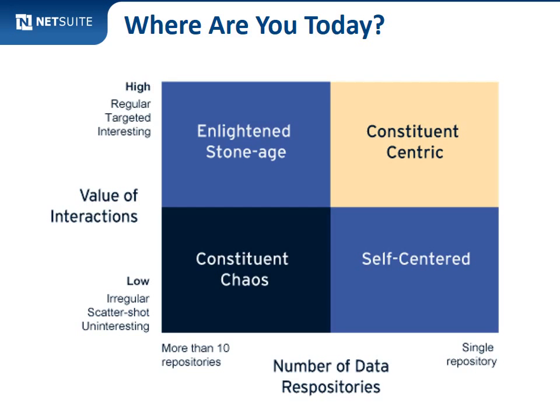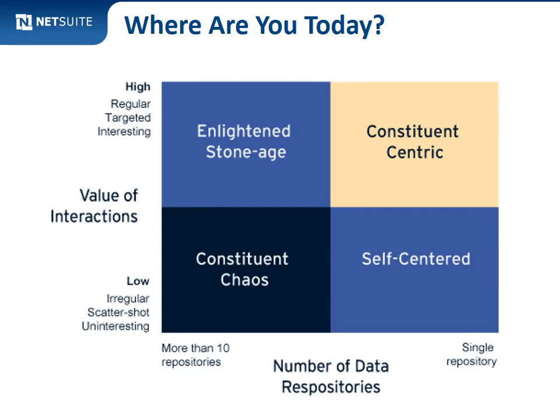The bottom axis is the number of data repositories. Most organizations have Post-it notes and spreadsheets and databases and all kinds of different things. So if you have a lot of repositories, you're on the left side. If you've actually consolidated into the holy grail of a single place where all your information is, then you're on the right-hand side.